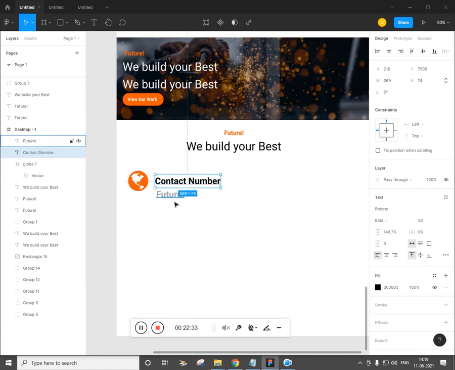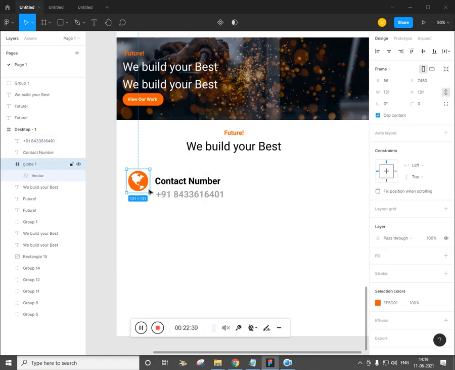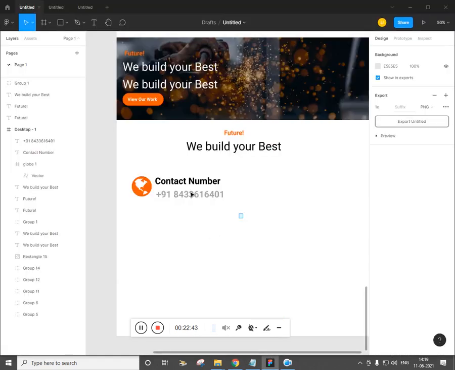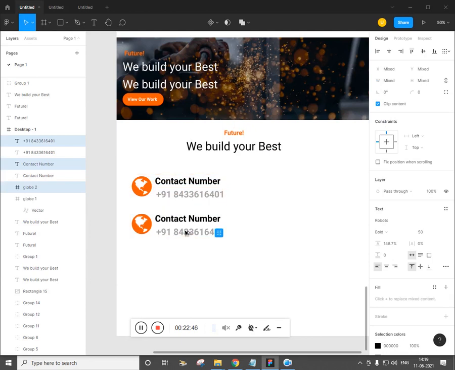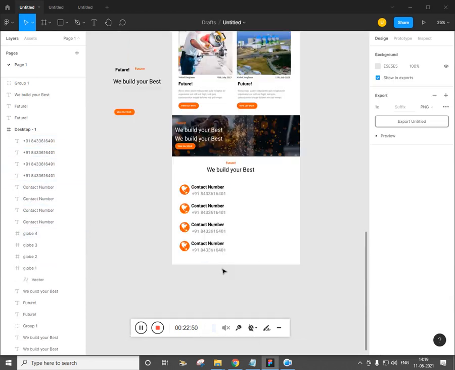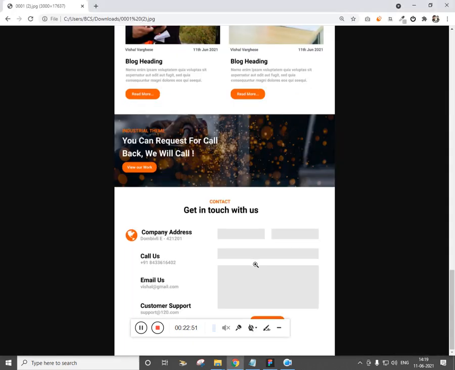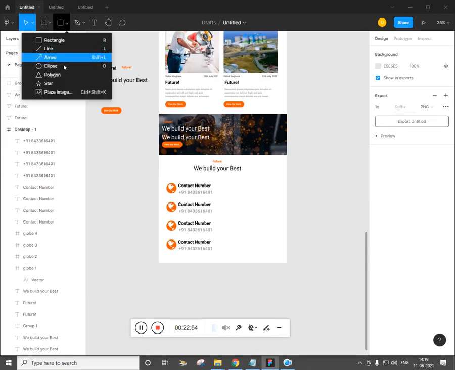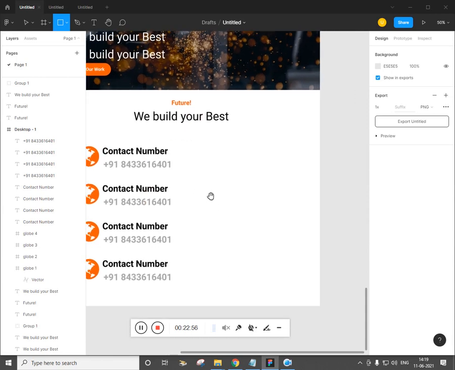Contact number and +91. This is not my number, don't try to call it. Just filling it with a placeholder. Alt drag, Ctrl D, Ctrl D. Now you can give email address, another email address, and your contact address, and you just have to fill the rectangle as of now for the